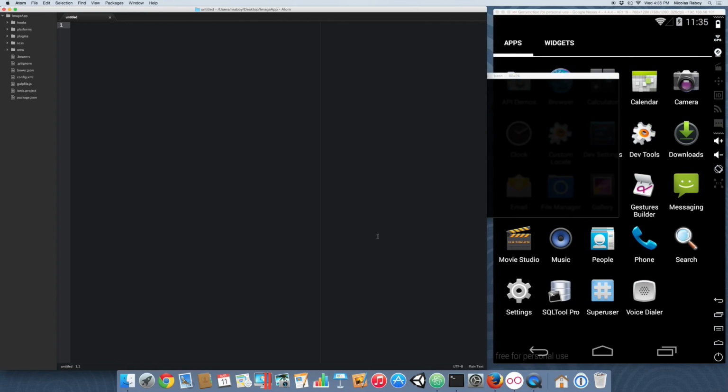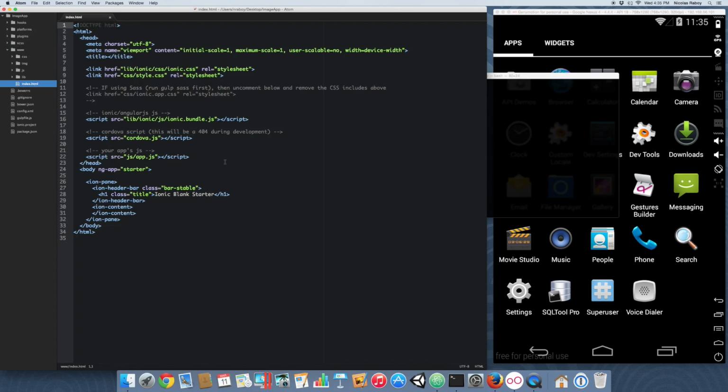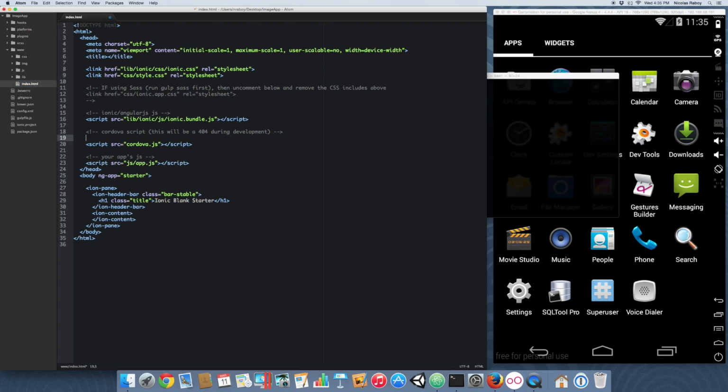Alright, with that said, let's open up the index.html page inside of the www folder, because at this point we need to add all of the libraries that we downloaded. First up, let's add ngCordova. ngCordova is very important as far as where you place this include script. It must go above the cordova.js file. So script,